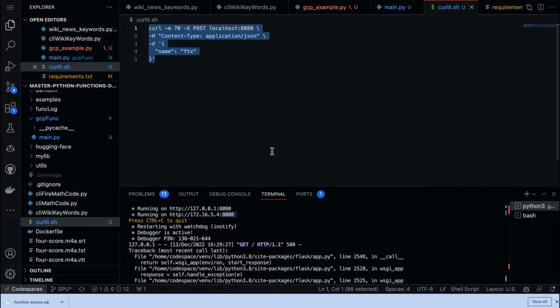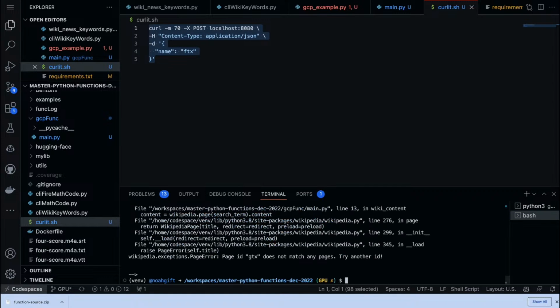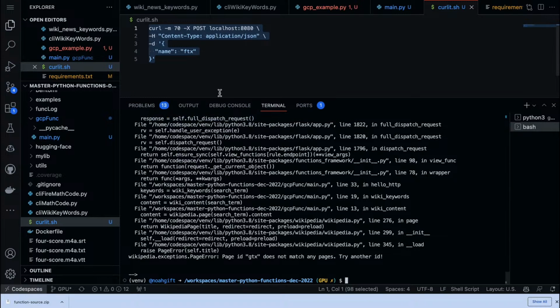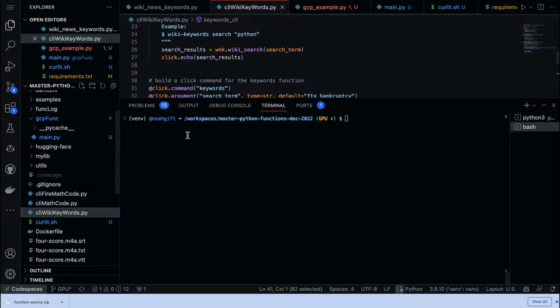So let's go back to this and let's type in bash curlit. The page FTX does not exist. So there's some internal bug here in the Wikipedia call, and I think we can figure this out by looking at what we put in our command line tool here, which was CLI.